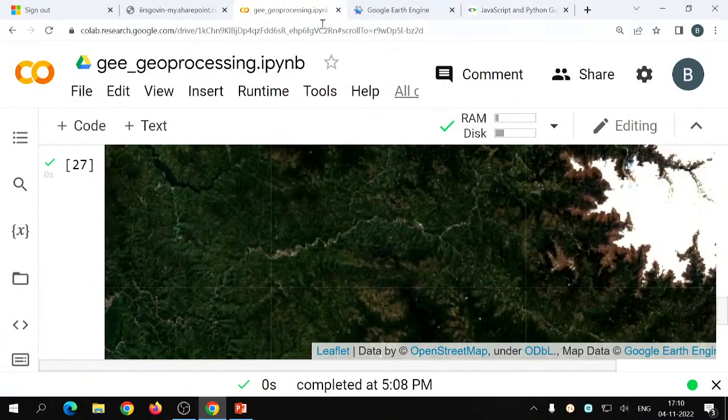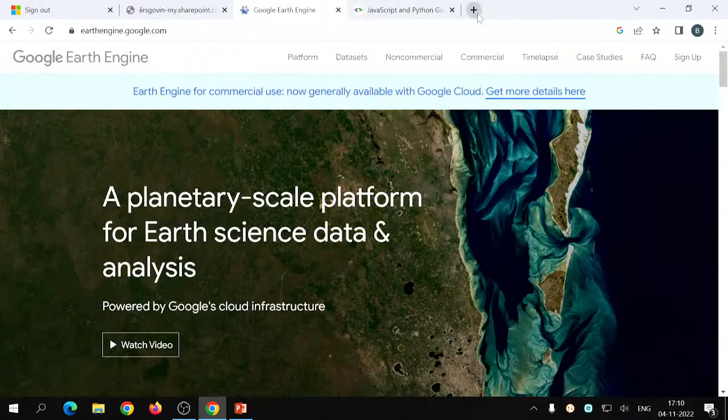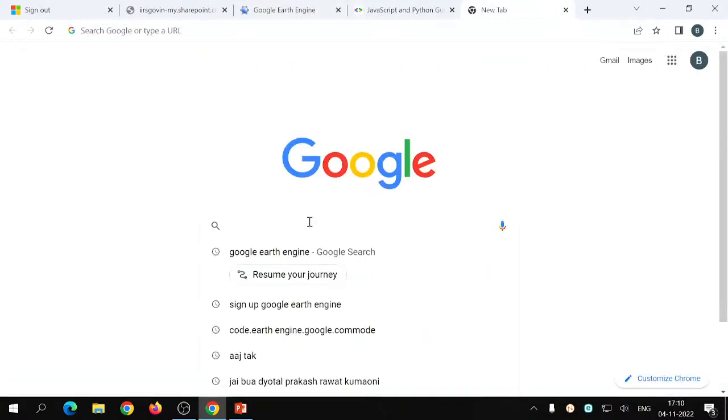So this is all about Google Earth Engine. Now I will demonstrate Microsoft Planetary Computer. This way, with just a few commands, you can access the entire satellite imagery which is available on the open source platforms. So if I go to Microsoft Planetary Computer,